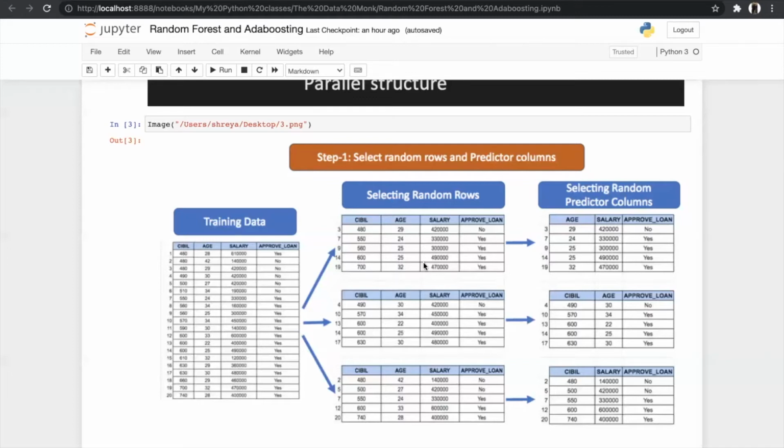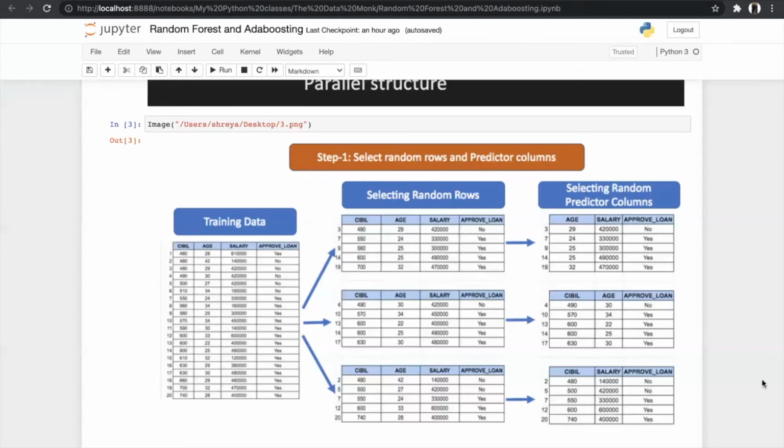Then after selecting random rows for each decision tree, we will select random predictor columns for each decision tree, and finally we get different trees. Then we can perform our random forest algorithm on this. After selecting random predictor columns, we will predict the answer from all these decision trees and finally get our final model after taking the mean of every prediction.